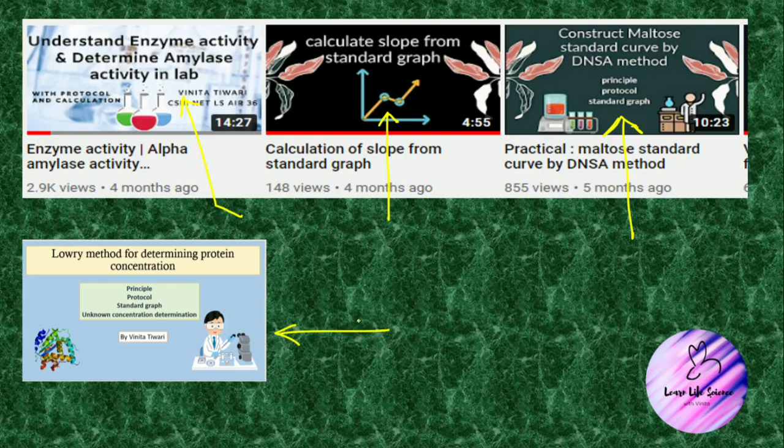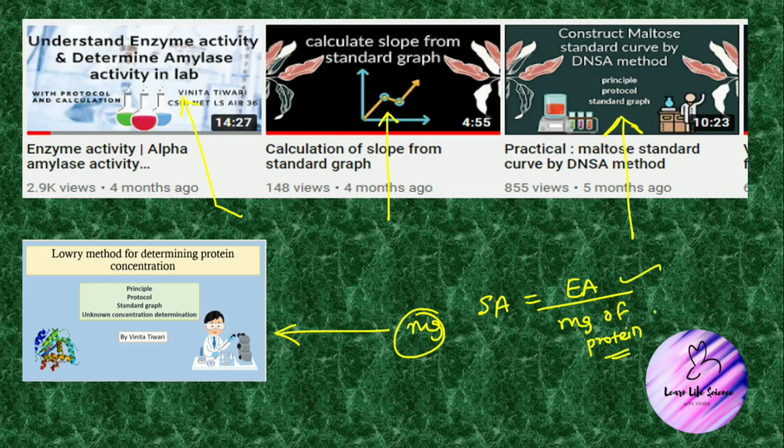By using this method you can get the concentration of protein in milligram, which we require. So now let's get started with our protocol. The first thing we require is the calculation of enzyme activity. We know that for calculating specific activity we should have the enzyme activity, and then we are going to calculate the milligram of protein.